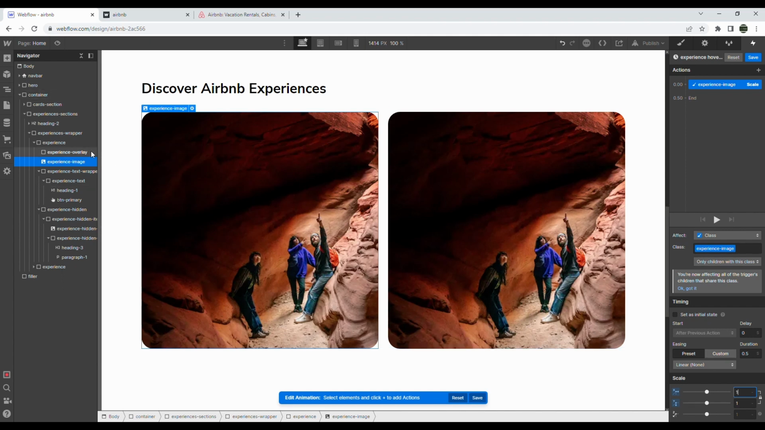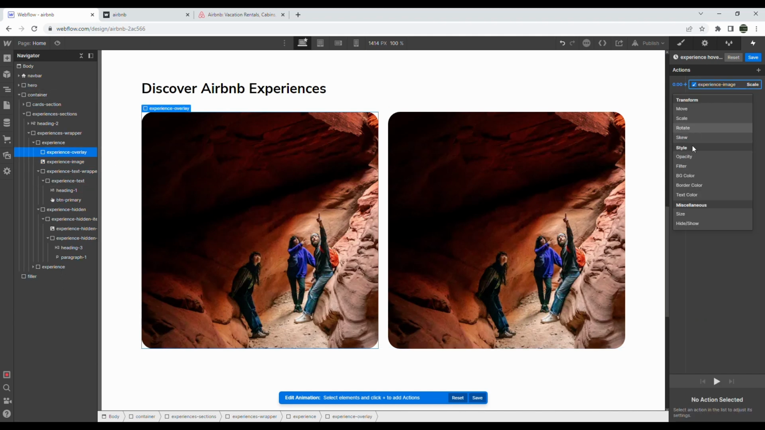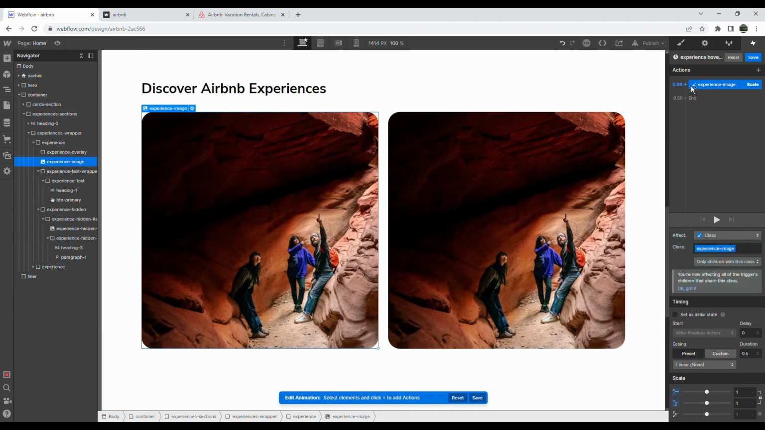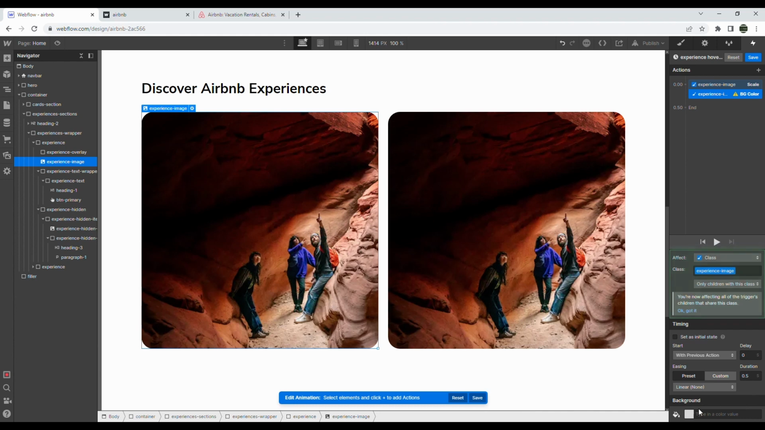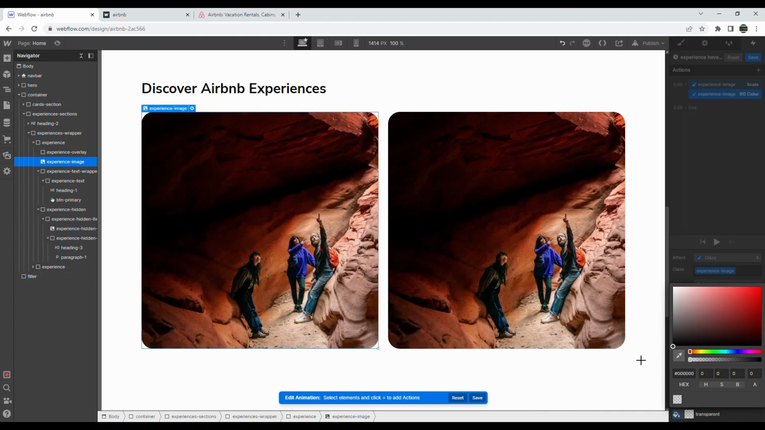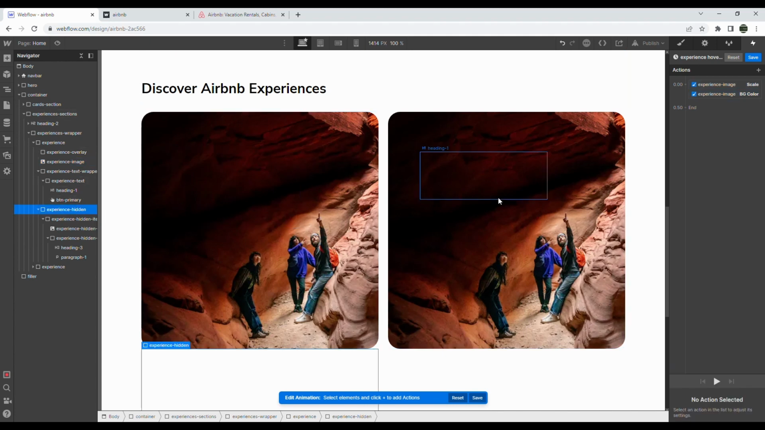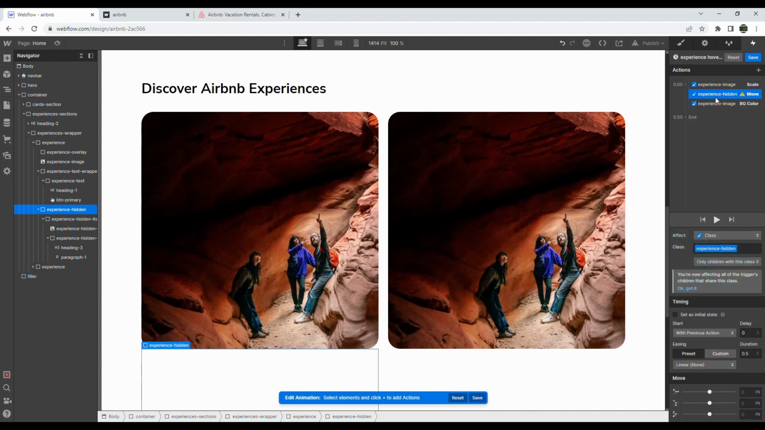And then I want to get our overlay, not filter, sorry. We're going to hit background color, right? And just give it a fully transparent background color like it was before. And then I'm going to grab my experience hidden, right? Move it all the way down again. So move, right? I'm just going to give this a delay of 0.2 seconds. And then I am going to bring it back to where it was originally, so 0%,